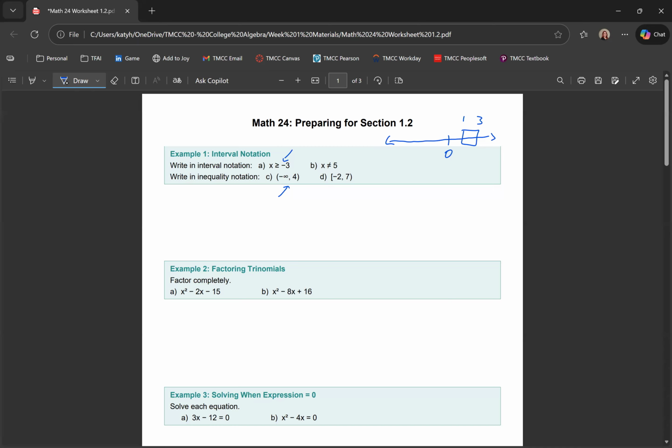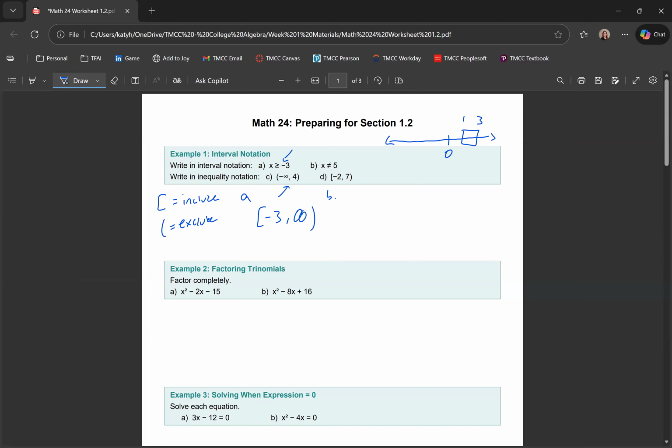So if I want to write it down as an interval, we either use brackets, which means we include the last number, or we use parentheses, which means we exclude the last number. So for x greater than or equal to -3, this is or equal to, which means I use brackets, -3, comma, infinity. So meaning I go up and on and on and on. And we always use parentheses with infinity. For something like b, so this is our answer to A, for something like b with x not equal to -5,